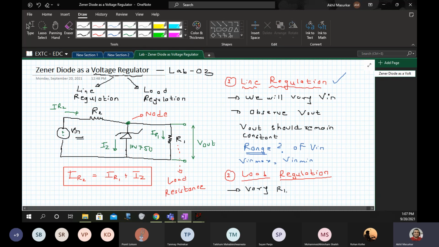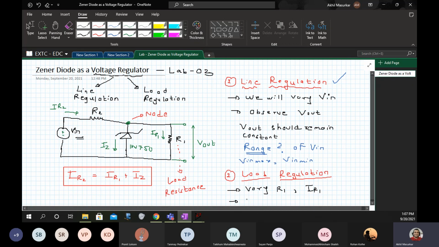When you vary R1, you are actually varying IR1. Varying the resistance is also like varying the current through the resistance, because if the resistance changes, the current is also going to change.